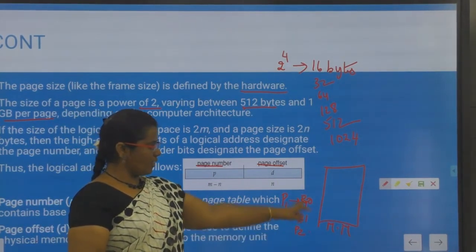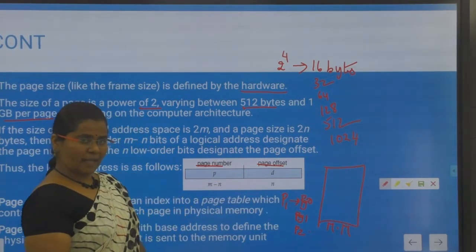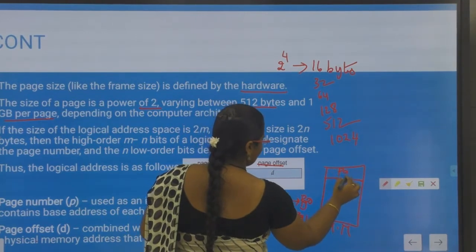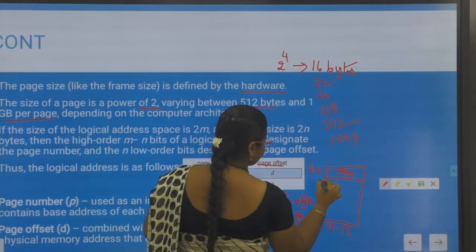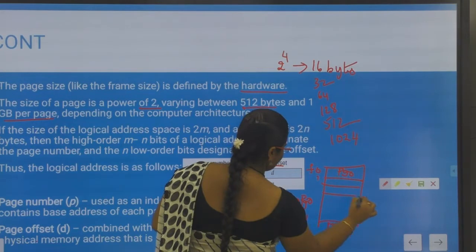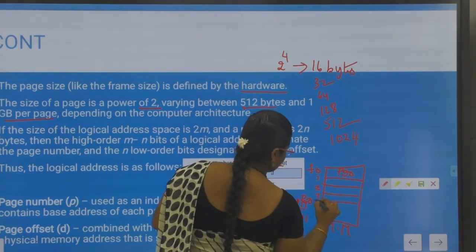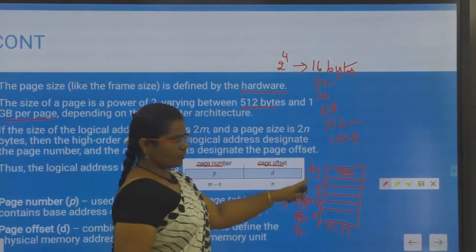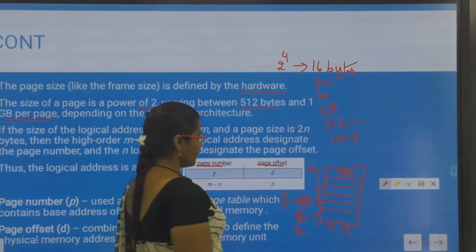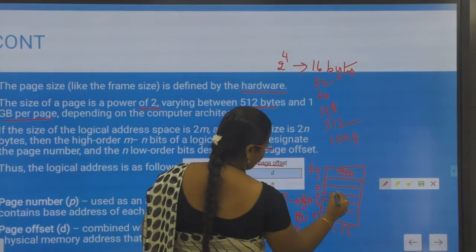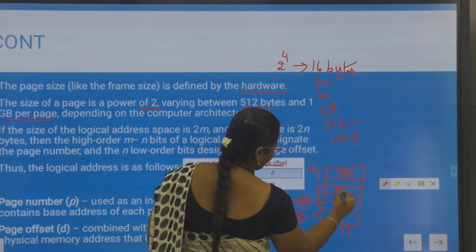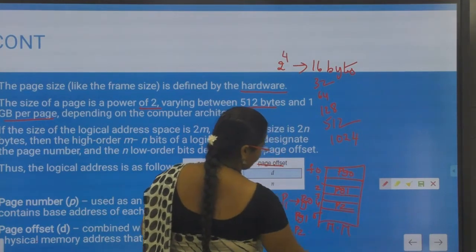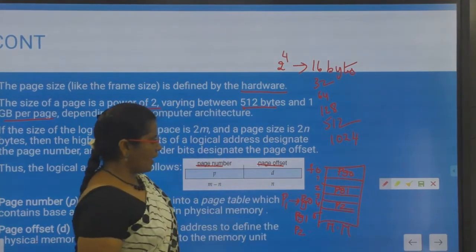Now I need to accommodate these 3 pages into my main memory. Let me take frame 0, frame 1, 2, 3, 4 and frame 5. I have a total of 6 frames in my main memory. In frame 0 I have page 0, in frame 2 I have page 1 and in frame 4 I have page 2. Like this my pages are accommodated.